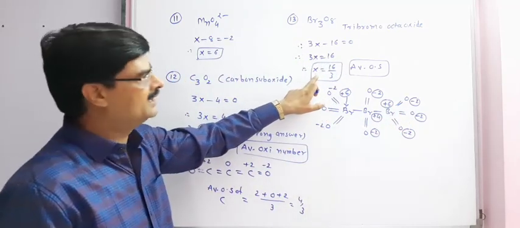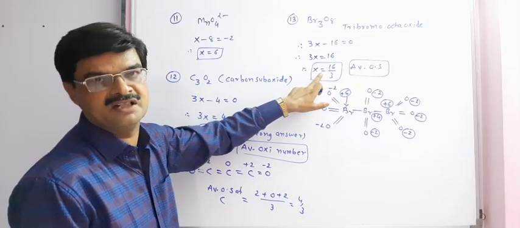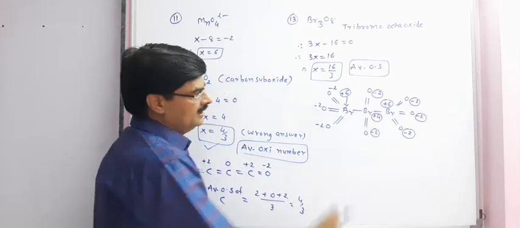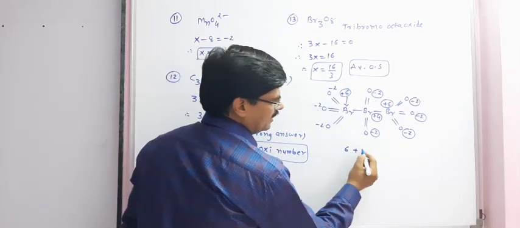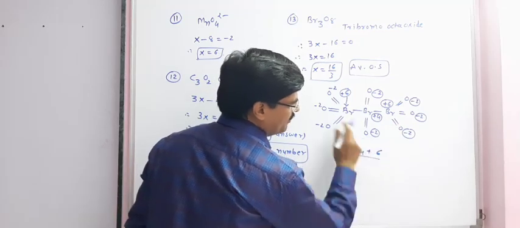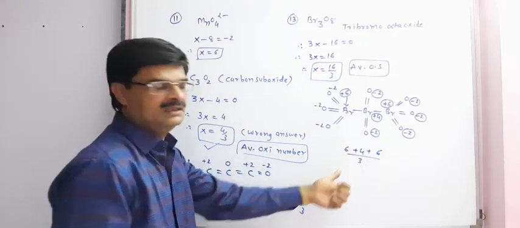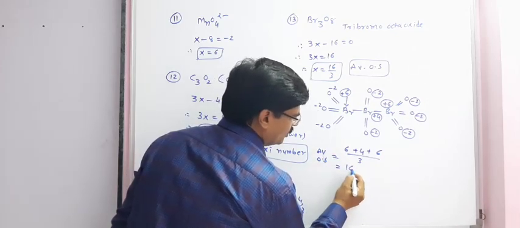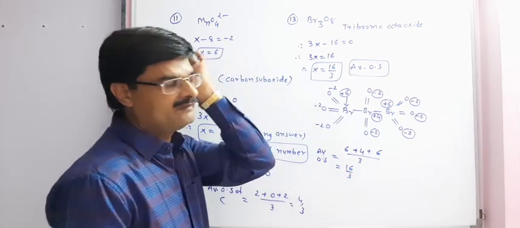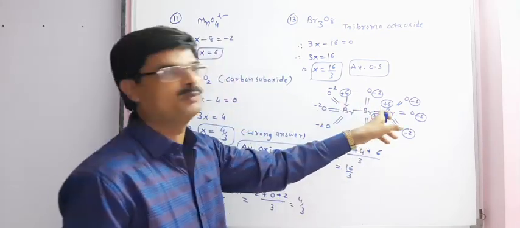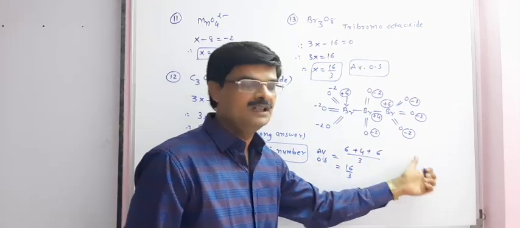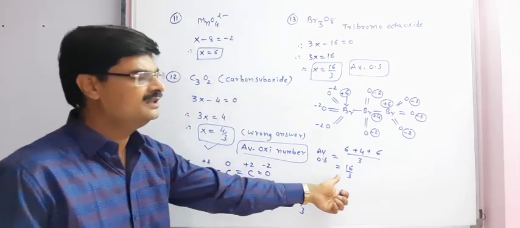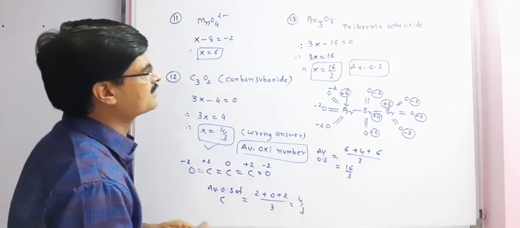Now we find out whether the average oxidation state 16 by 3 is correct or wrong. Let us check it. We have a total of 3 bromine: first bromine 6, second bromine 4, third bromine 6, divided by the total number of bromine atoms, 3. Therefore, the average oxidation state is equal to 16 by 3. But this is the average. If it is there in the answer as 6, 4, 6, then we have to write 6, 4, 6. And if it is asked to find the average oxidation state, then we have to write 16 by 3. Now next case.